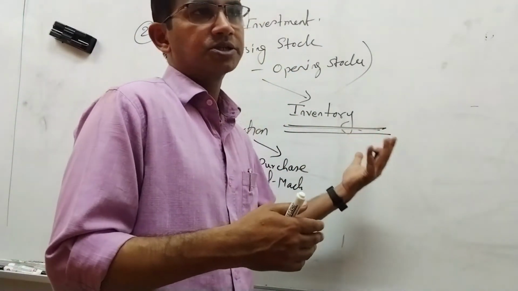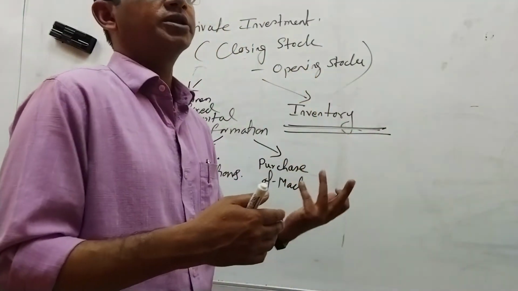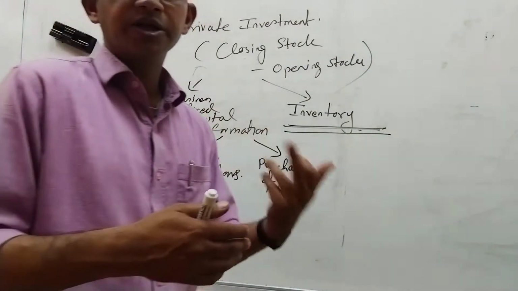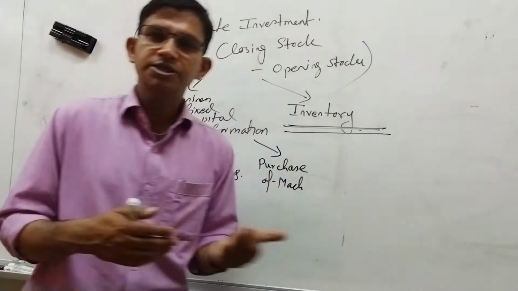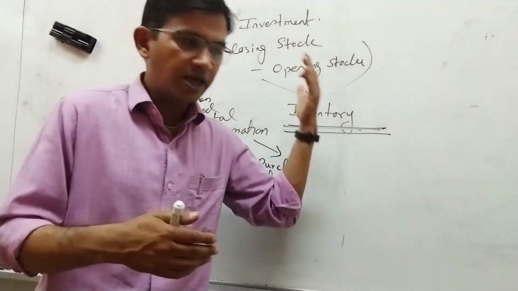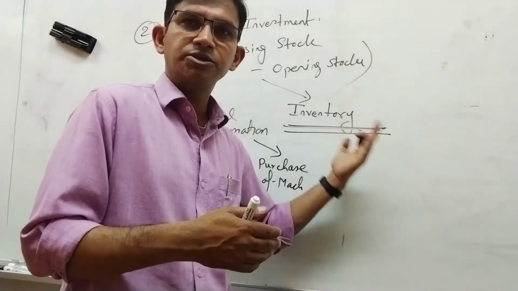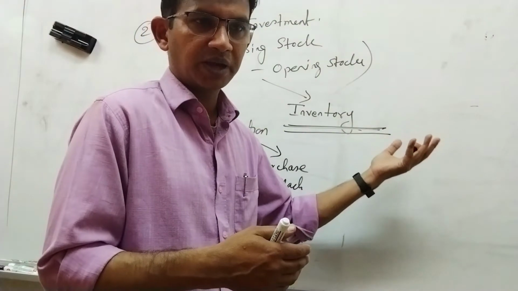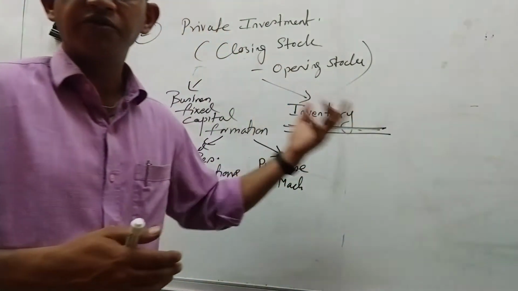What is the significance of inventory stock? Whenever there is excess demand in the market, you cannot immediately cover the demand by increasing production. At that time you have to use your inventory stock. Every firm maintains its own inventory stock,